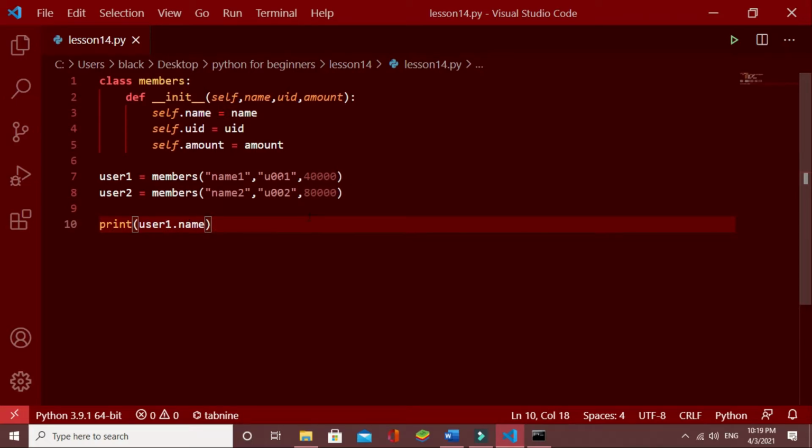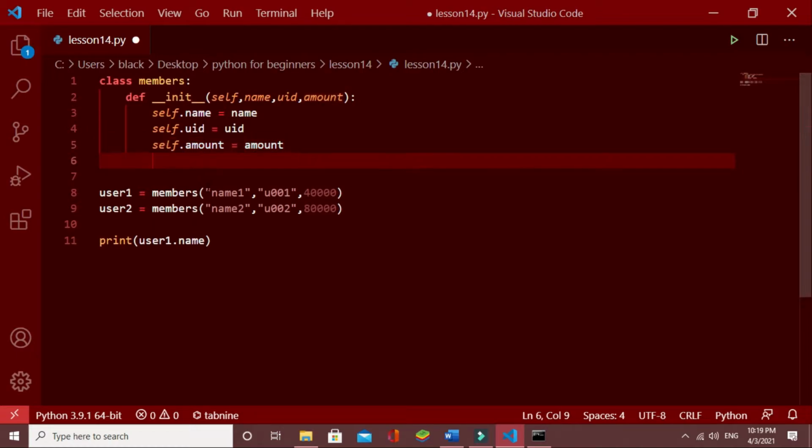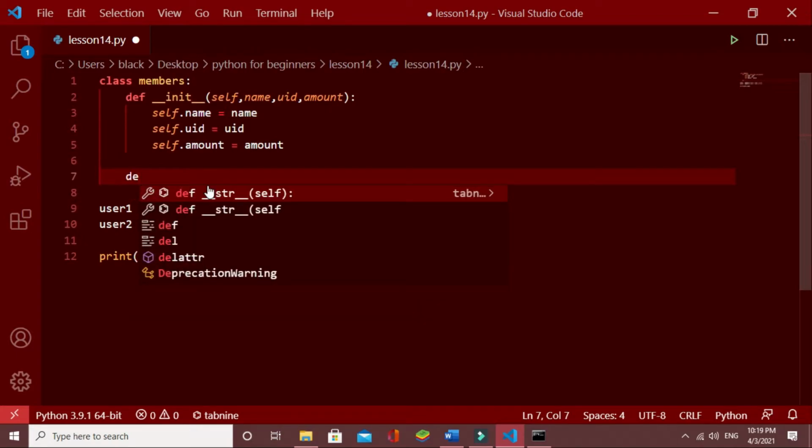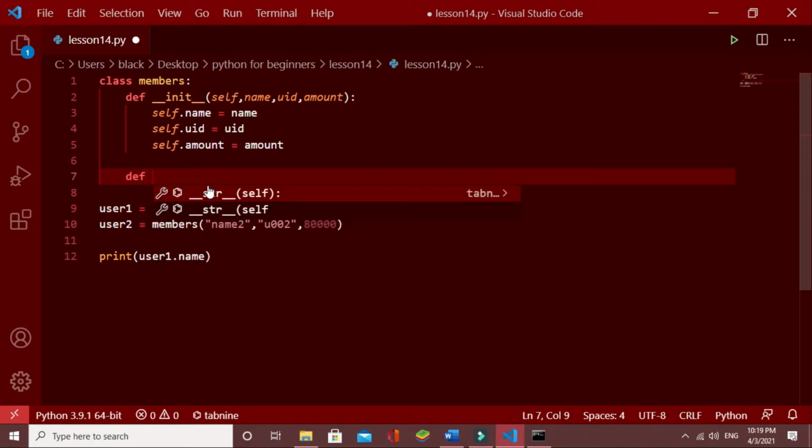Now let's create some methods. Let's say we want to deposit into this bank account. For that, let's create a method called deposit. It is just like a normal function, but it is inside the class. Define, then the name of the function. I'll call it deposit.